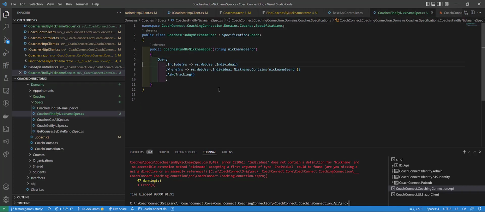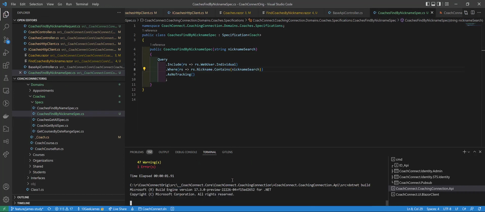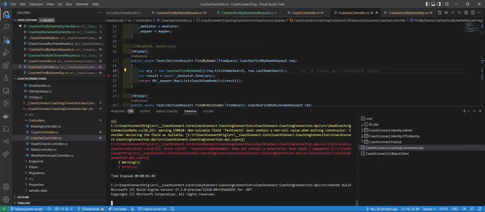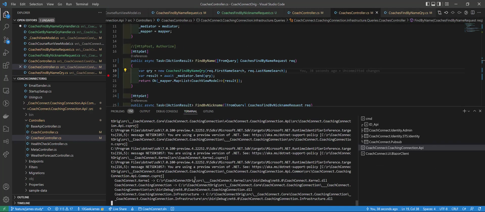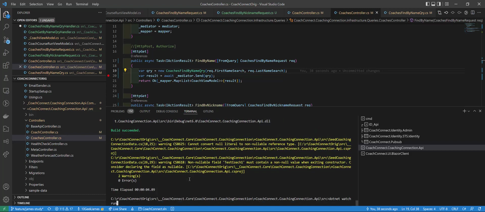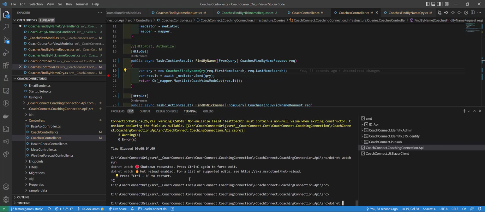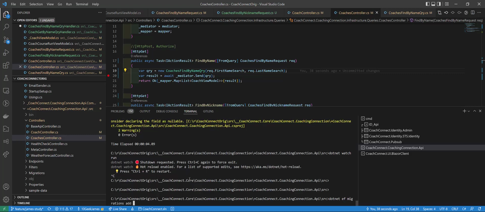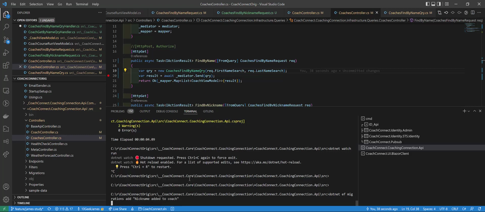Ah, that's on me. Did you spot that one earlier? What you thinking? Oh yeah, we're not there. We're at .NET EF migrations. Add. Got it.